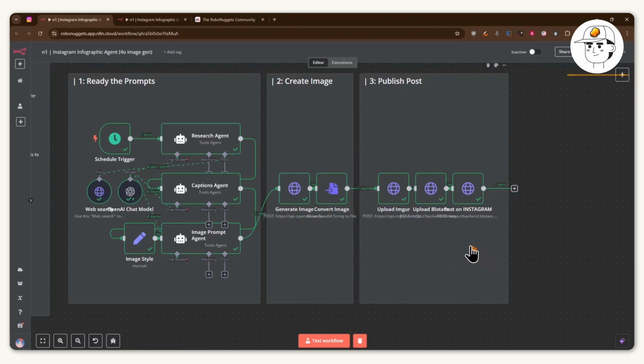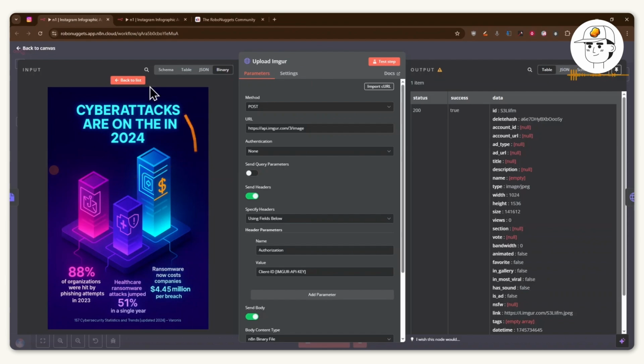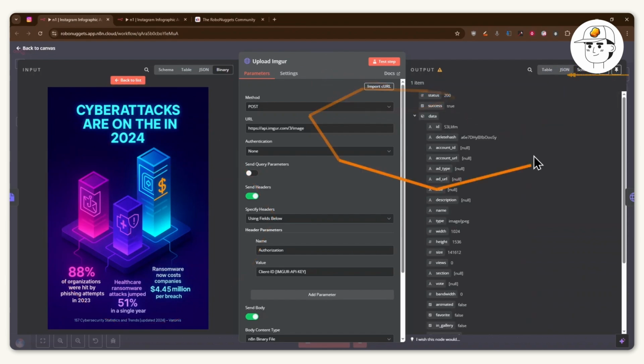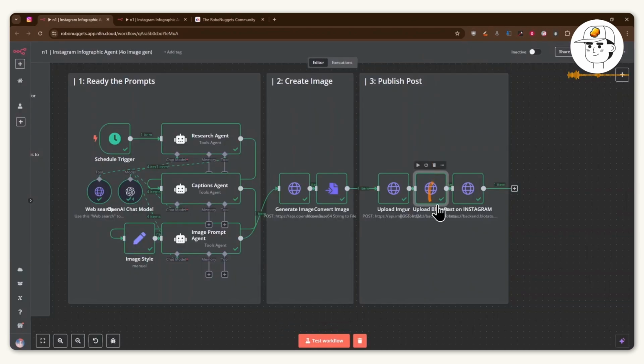tutorial how to fully use. But the thing with Blotato currently is that you actually can't pass along a file to it at the moment because it only accepts a URL. And so we need a service like Imgur for this case, which is free, where we pass along that file, uploads it to Imgur, and gives us a link to that JPEG, which is what we need so that we can upload it in